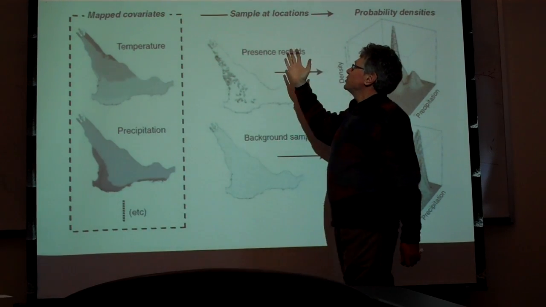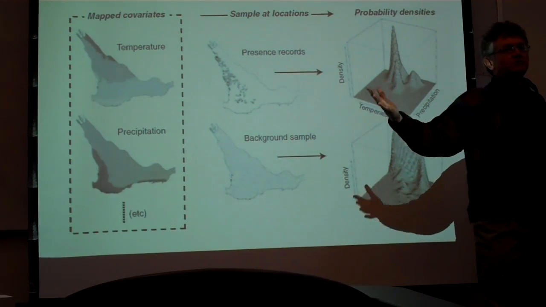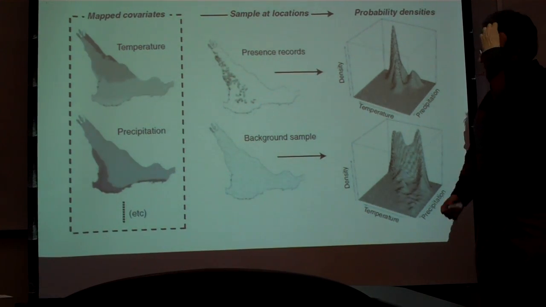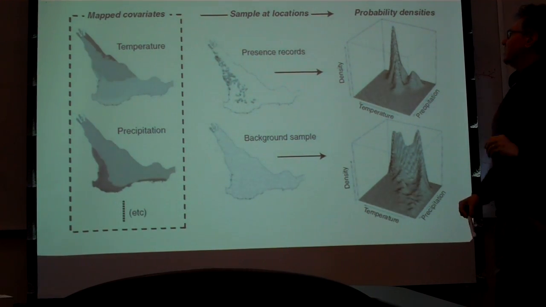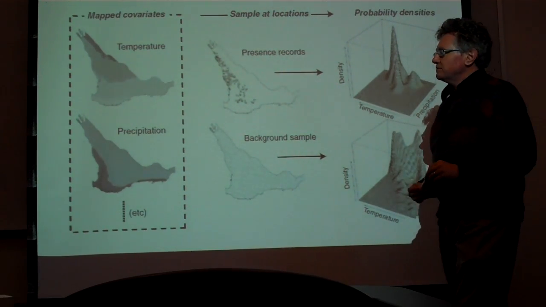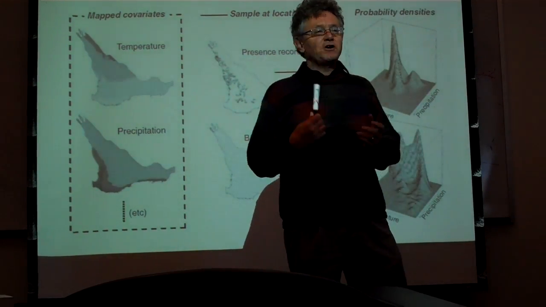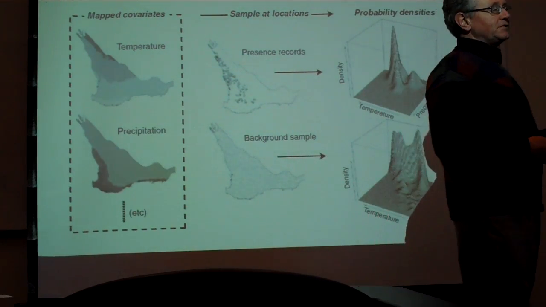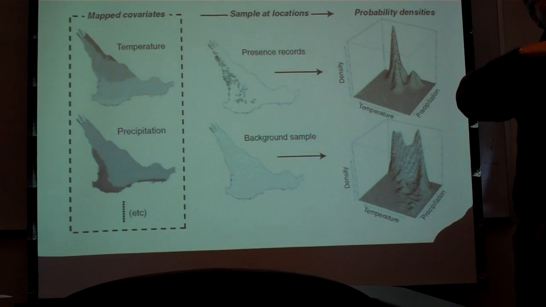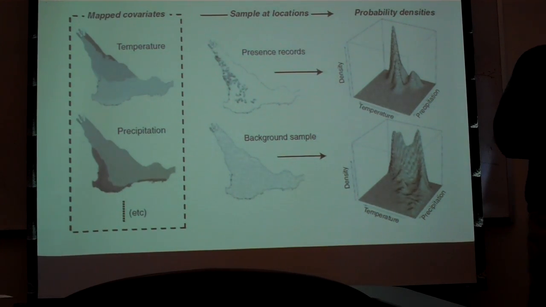So here's an example. So Maxent is now the most popular tool that is used for species distribution models. And what's interesting about Maxent and a few of the other tools is that rather than creating pseudo absences, it uses what's called the background field. So it basically is